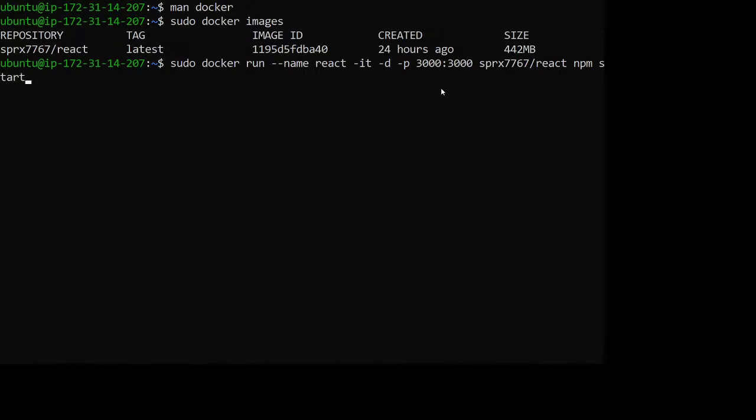So docker run --name is the name that you want to give to the running container. -it is to provide this container with an interactive terminal. I is interactive, T is a teletype terminal, TTY. And -p is port. I am asking it to bind port 3000 of the Docker host to port 3000 of the container that I'm running. So this is the name of the image that I'm running,